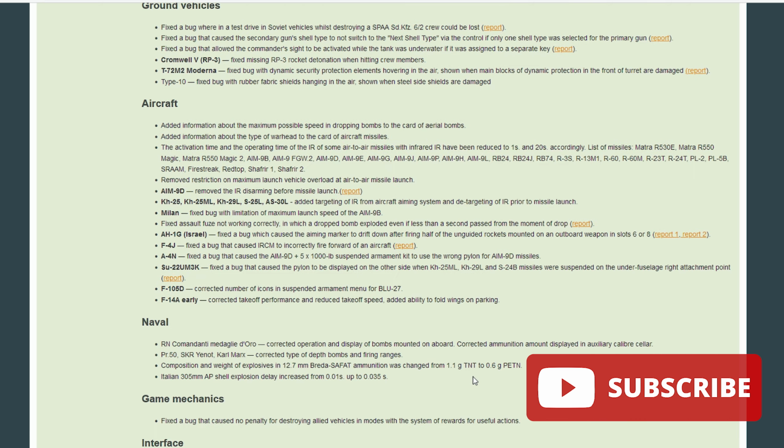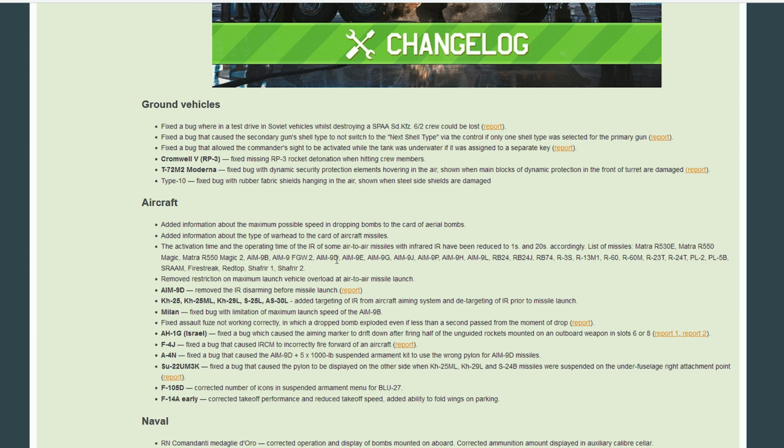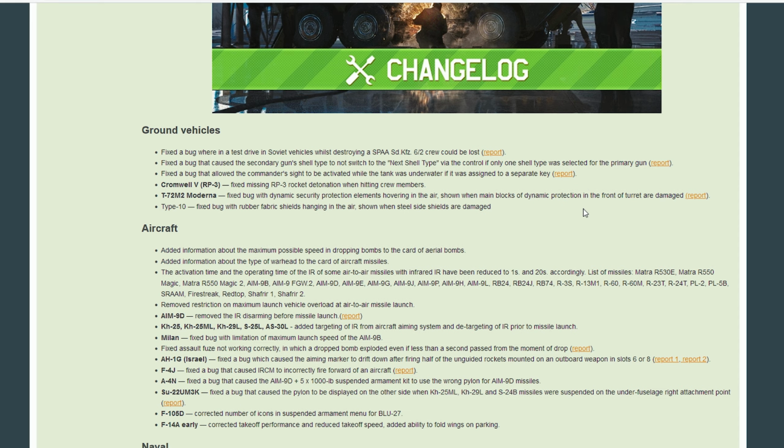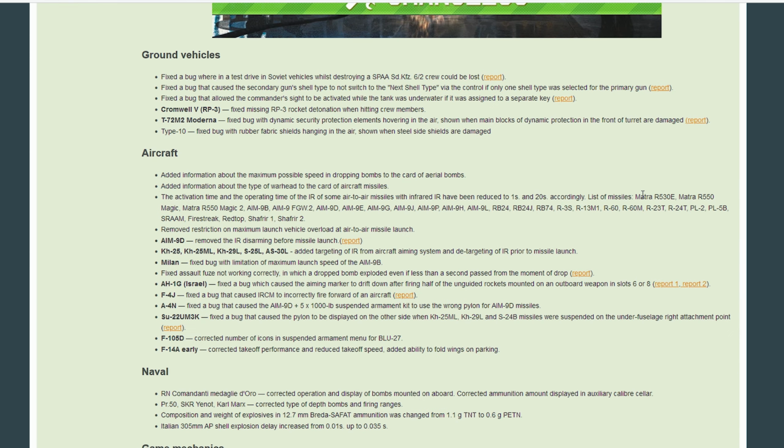So, very quick video today, just to show one thing that will completely change every single top tier, or like 8-point-something plus BR, match. They actually removed the activation time for most of the IR-guided air-to-air missiles, and they improved the operating time of them. So as you see here, the Matra R530, the 550, the Magic 2, of course,